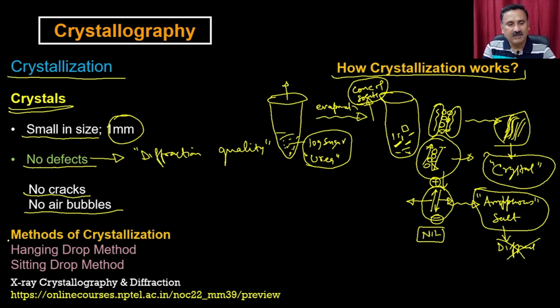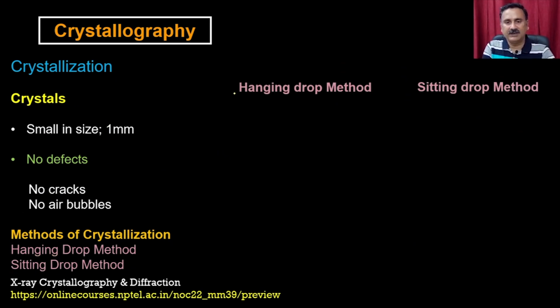Now, when we talk about the methods of crystallization, there are tons of methods you can use for producing protein crystals. But what we are going to discuss in this lecture is the hanging drop method and also the sitting drop method. So let's first talk about the hanging drop method. In a hanging drop method, what materials do you require? You require a cover slip, you require a 24 well dish, and you also require the